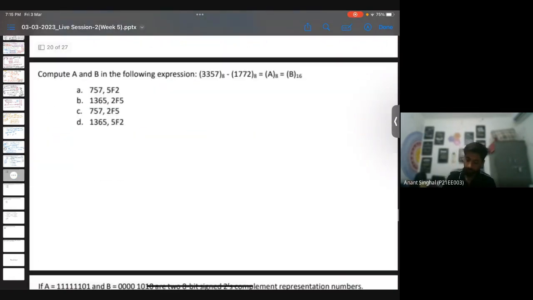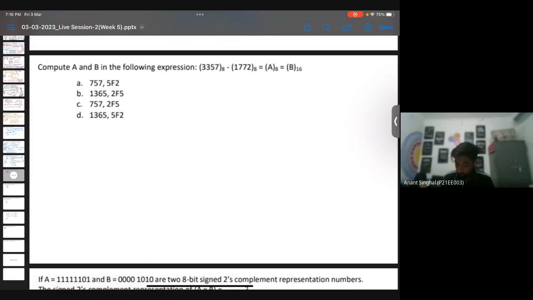Okay, so we can proceed now. This is the subtraction of 3375 minus. We need to subtract the numbers and tell what the result will be in base 8 and base 16. So for this we need to have some